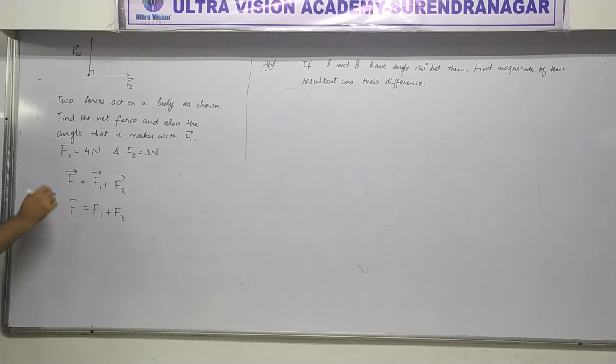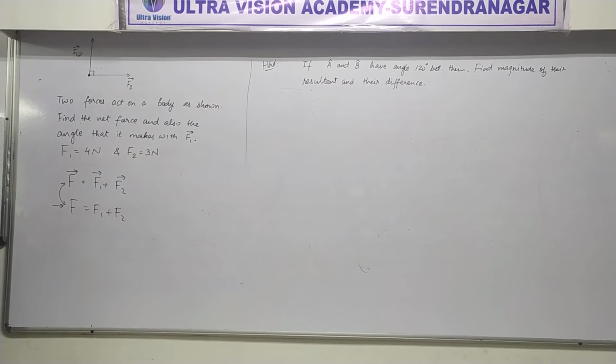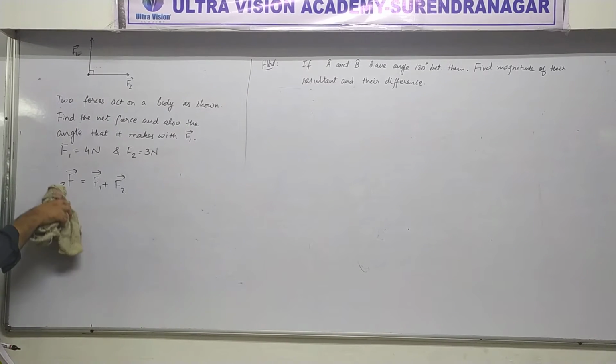Writing this in this condition is a sign of future trouble in physics. You understand what I am saying? If you think that there is no difference between these two, then just wait and watch. Physics is going to create a lot of trouble for you in future. They are not the same. Do you see the difference between these two equations? Yes. In one we are adding vectors, in one we are adding scalar magnitudes. So this is wrong here. It doesn't work that way.